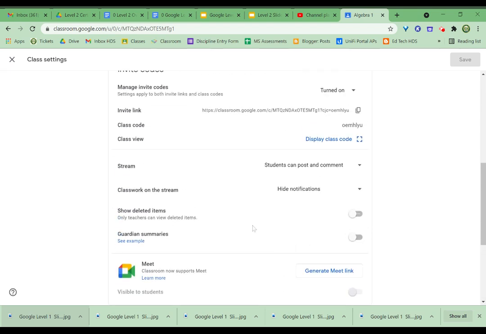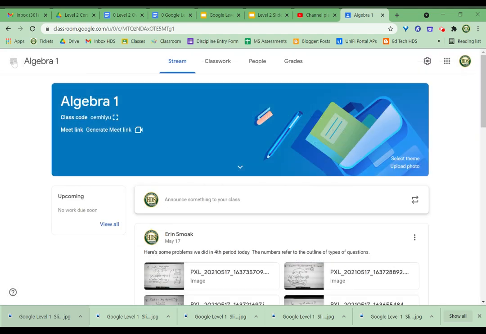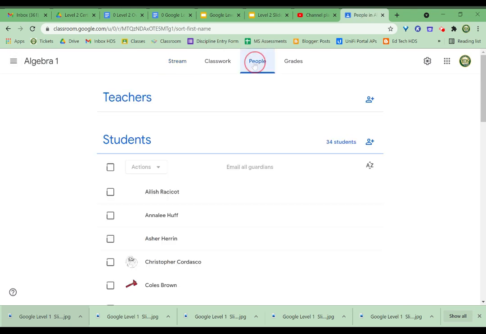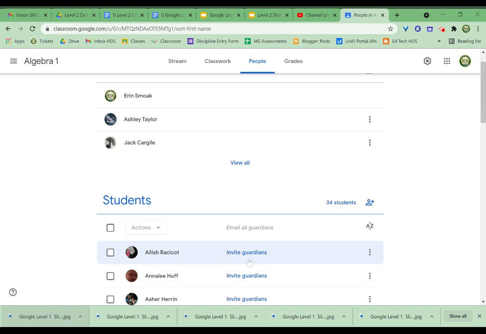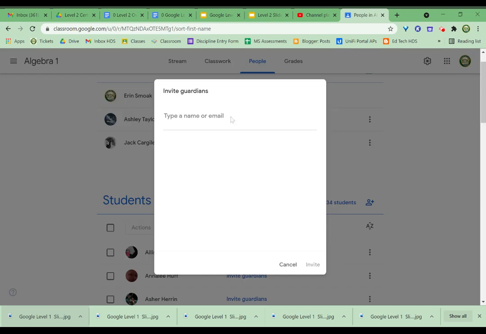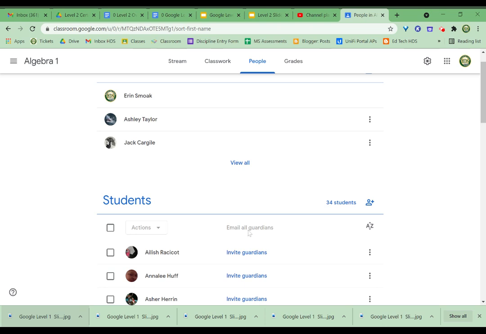All right, let's go look for Guardian summary stuff. You have to turn on Guardian summaries here, and then you have to go back out and go to people. And here are all my students, and I would have to invite a guardian for each one. You would type in your name or email. You can also send out an invite. But this is actually pretty cool because it allows you to email all of the guardians through